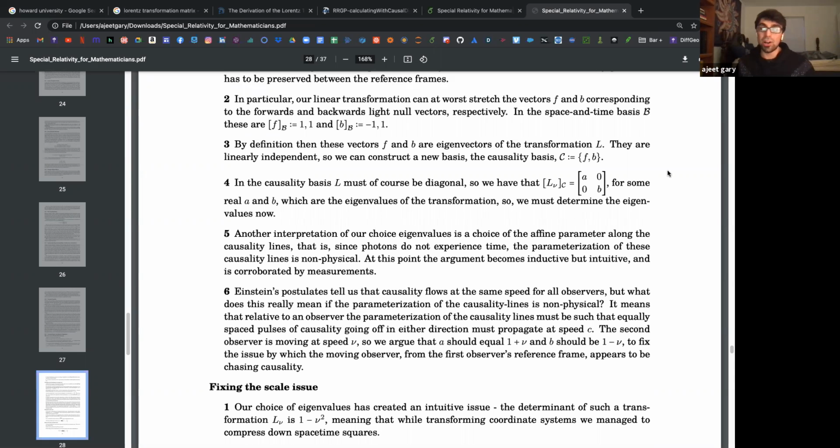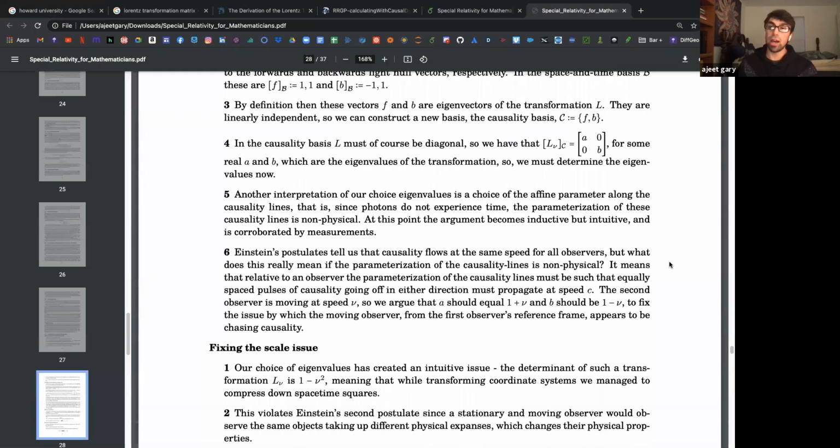If you didn't like that argument though, that's fine, because you can just follow the math and say, oh, hey, we have to figure out what these two diagonal values are. Cool. So whether you want to think of it as picking a parameter for the causality grid or picking these two diagonal elements, the eigenvalues, we have some choices to make. All right, so the first thing that I want to do is look deeper into Einstein's postulate